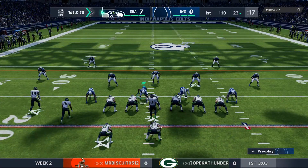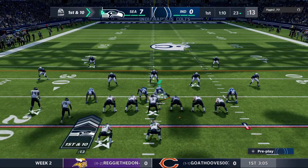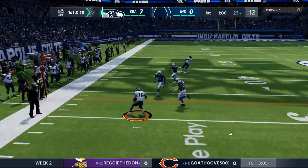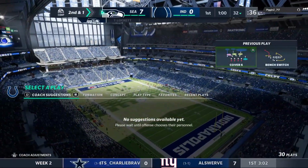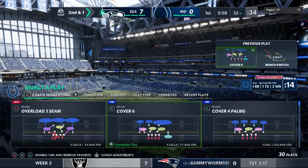Coming to the line here to begin their next drive, the Seahawks offense. They'll be looking to duplicate that first drive, the one that got them that 7-0 lead. Of course they would. And look, they're on the road. So getting the 7-0 lead was huge for them, right? Imagine getting up 2 touchdowns on the road, taking the crowd out of the game. It'd be ideal. Brings up 2nd and a yard at the